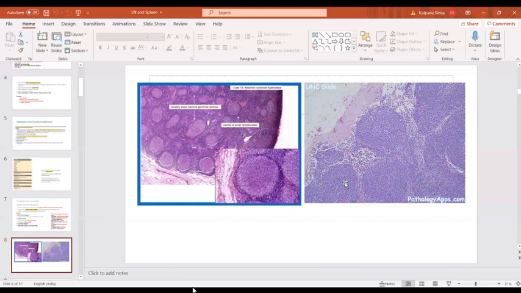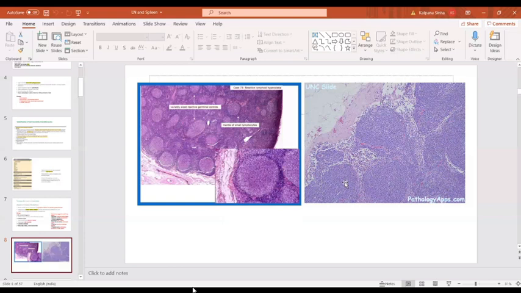So what is the presentation? It will present as an enlarged lymph node. It can be localized or generalized. There can be systemic symptoms in the form of fever, fatigue, weight loss. And when it is infectious, in the blood count you will see leukocytosis, neutrophilia, lymphocytosis, depending on the cause. Greater than 1 centimeter enlargement is abnormal. And painful nodes are related to an inflammatory process or hemorrhage.